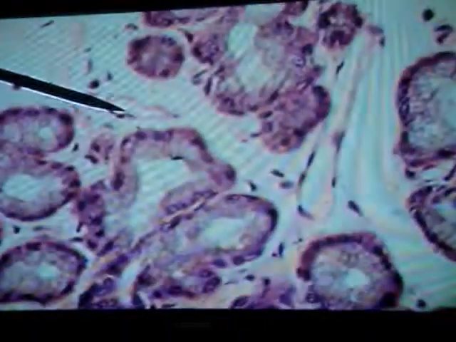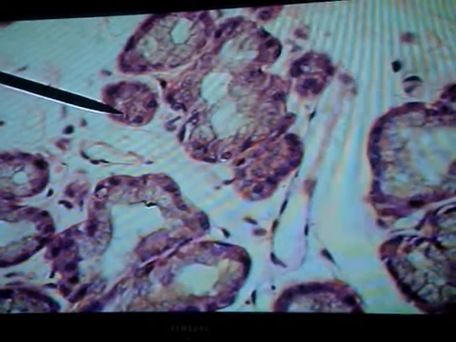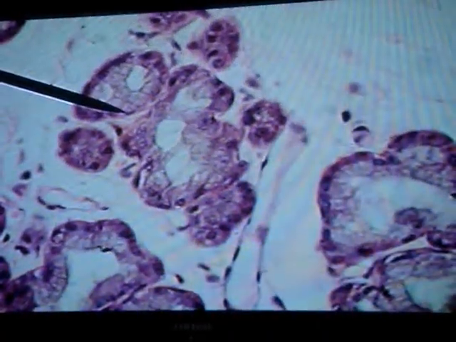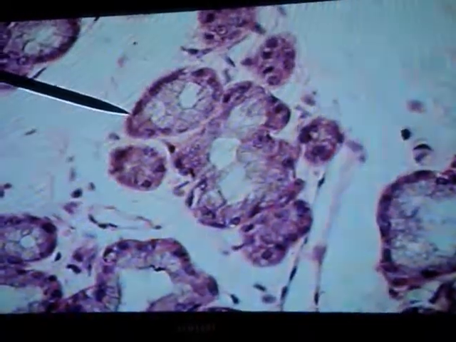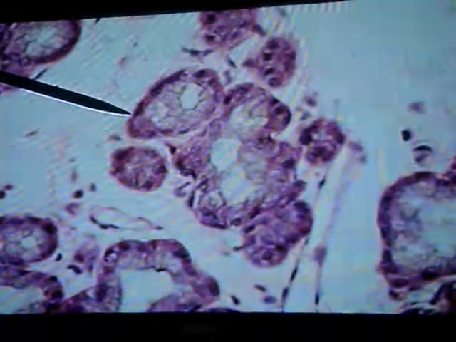Again you can see this is a serous acinus. Look at this side by side. This is a serous acinus and placed along its side you can see this is a serous demilune. Can you see the difference between the two now? That's a serous acinus. This is the portion of the mucous acinus with the flattened nuclei here. And here you can see the capping, this is a serous cap which makes it a demilune.